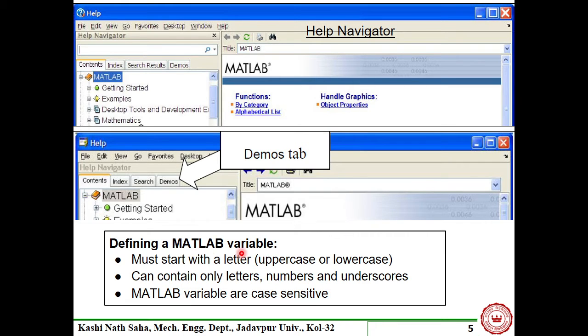Okay, and then a variable name can contain only letters, uppercase, lowercase, and numbers 1, 2, 3, 4, etc., and only one particular special symbol, which is underscore. This is how you can name a variable, but you cannot start with a number or with an underscore. So your variable can be Ram1, Ram_1, Ram_3, whatever, but not 1 and then something.